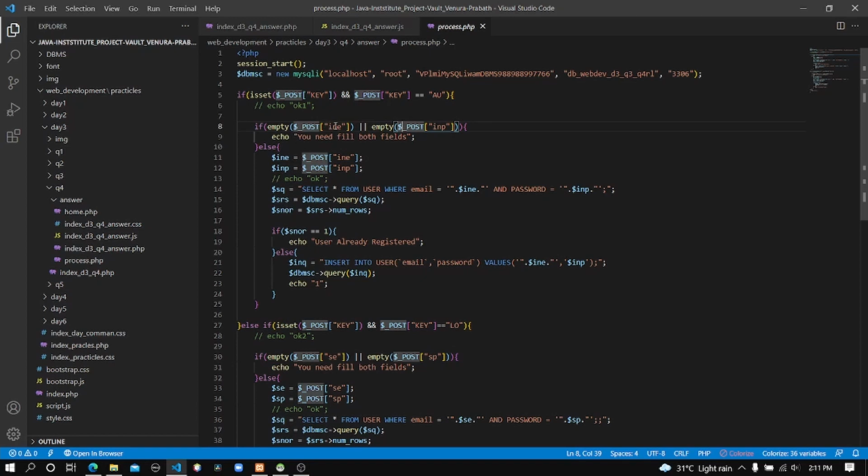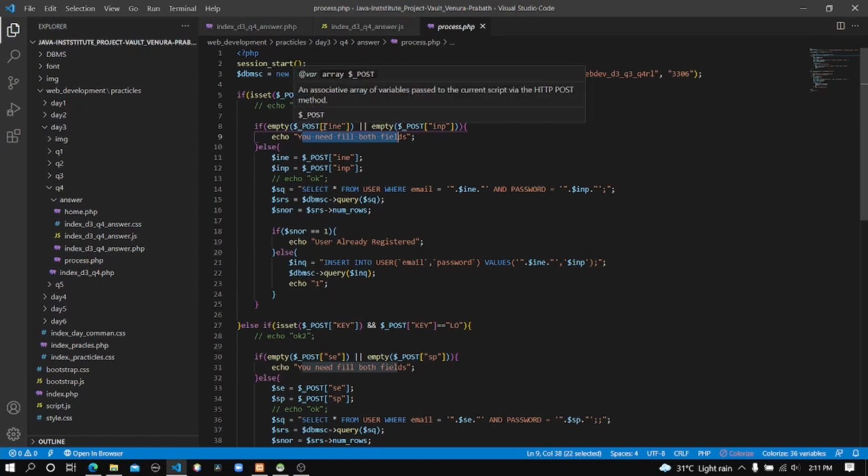You can see it will check whether the email and the password values are entered by the user, and if those values are not entered, you can see it will check whether the values are empty or not, and if even one of these values is empty, it will execute this error code and it will not register that user.